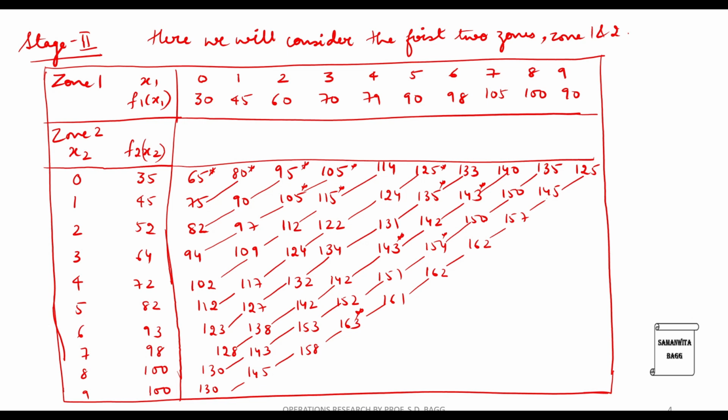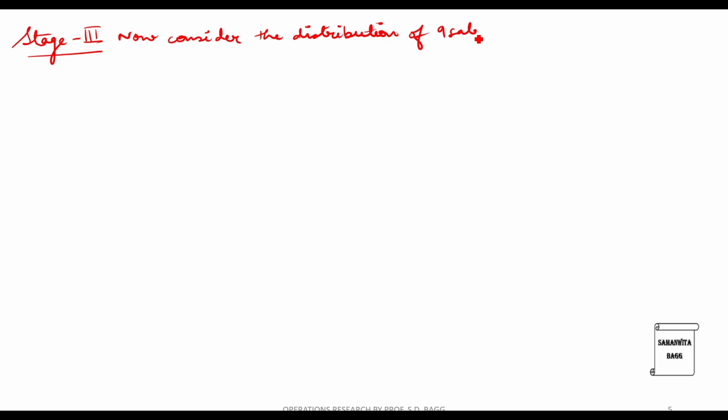Now I have already done allocation for zone 1 and 2. Then I'll go for stage 3 where I will consider all the 3 zones at a time. So I'll write down, now consider the distribution of nine salesmen in the three zones